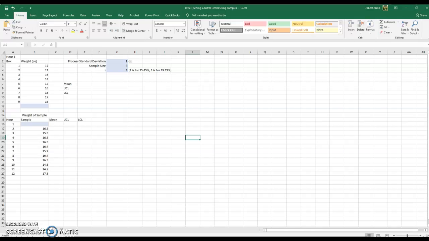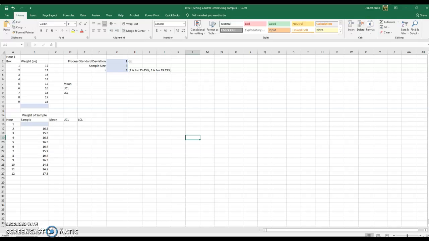What happens if we don't know what the process standard deviation is? We have other ways to put together those control charts, but right now we're going to focus on the case where we can sample our line and we know what the process standard deviation is. So we're just going to figure out what that mean is, what that upper and lower control limit is,